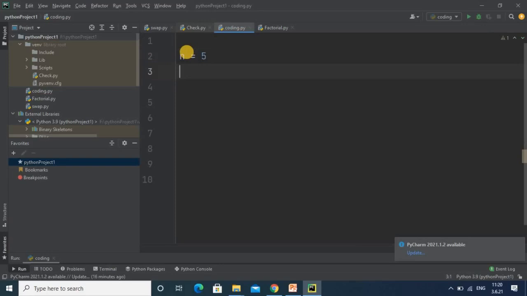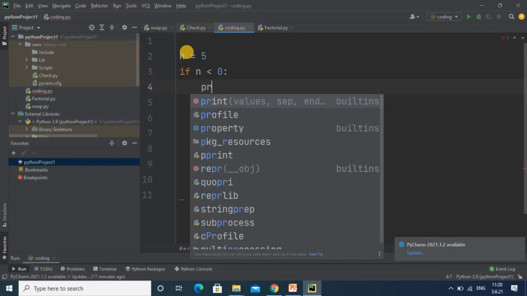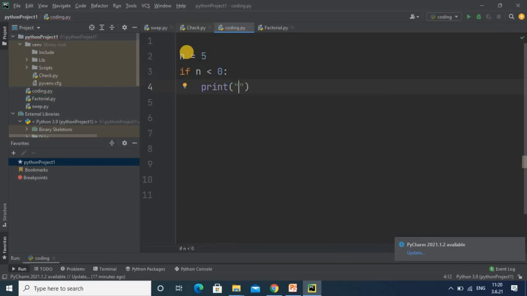Before the exact-equals check, we have to test for a negative number. If the number is less than 0, then you have to show the message: enter positive number.